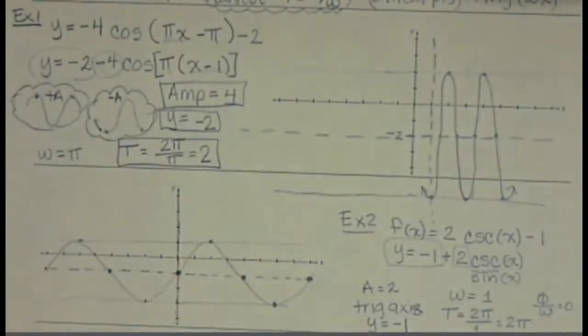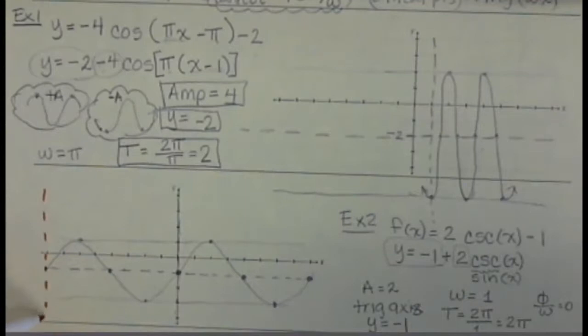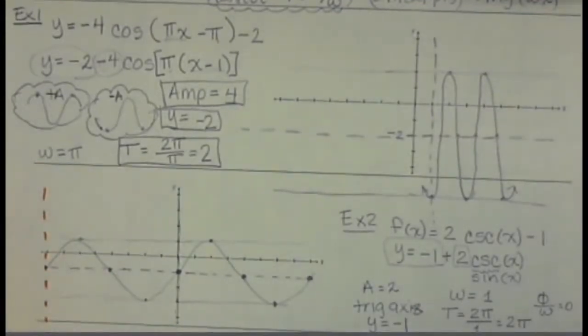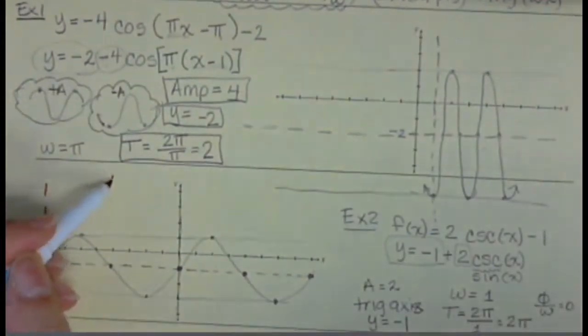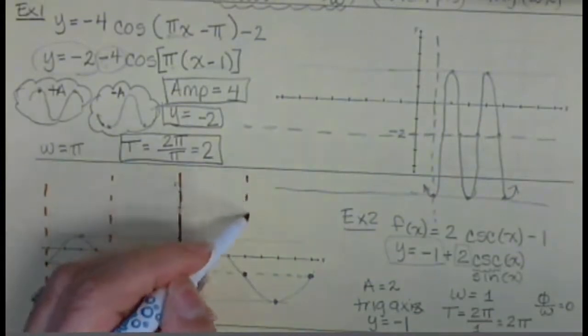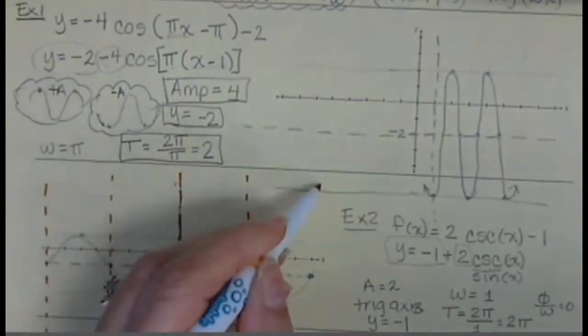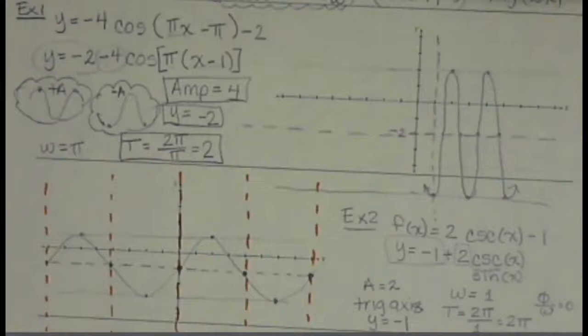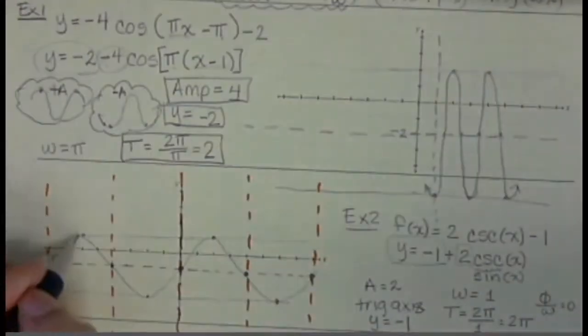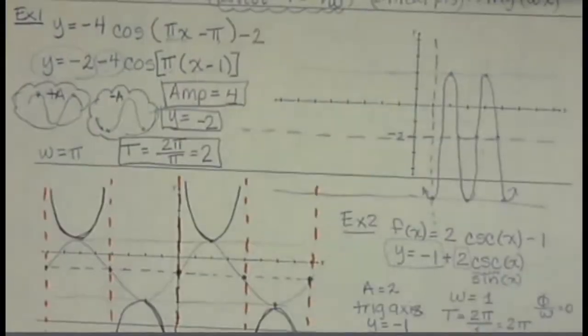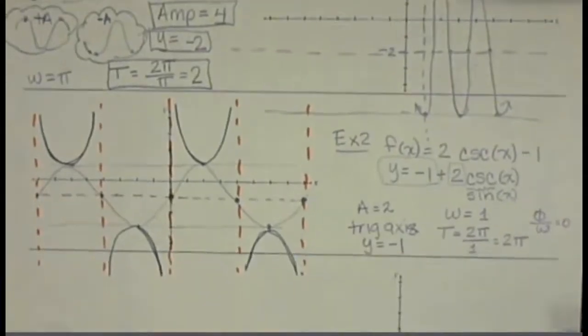I'm going to get a color marker to denote that we have asymptotes when it crosses our horizontal trig axes. So when it crosses my dashed horizontal line, that's where I'm going to put my asymptotes. From here, I'm going to finish my graph by going to the top peak and making U's for my graph. And that's our graph. For example number 3,